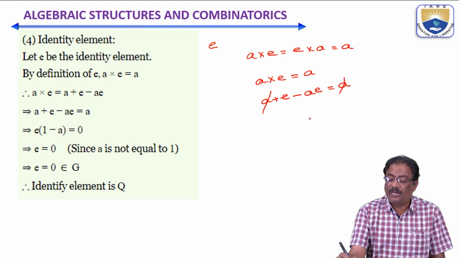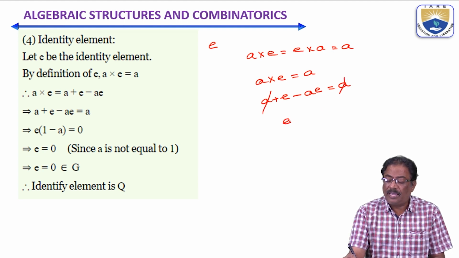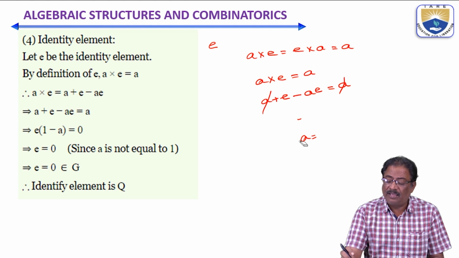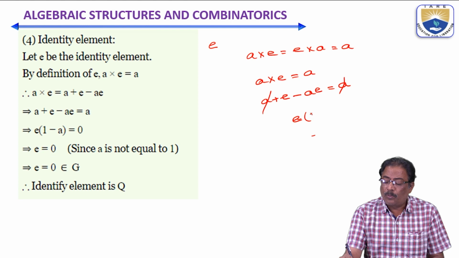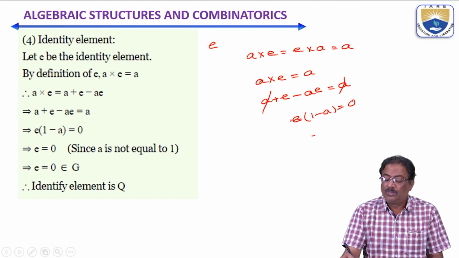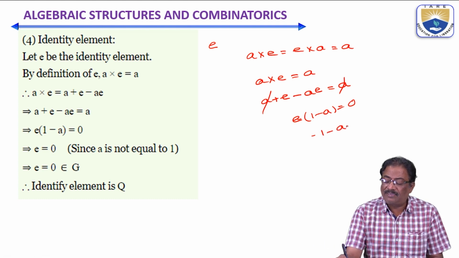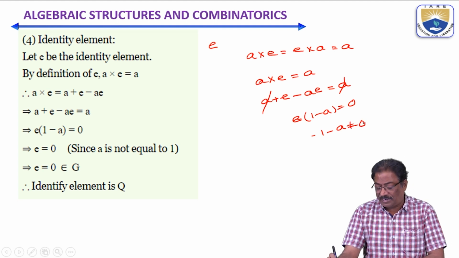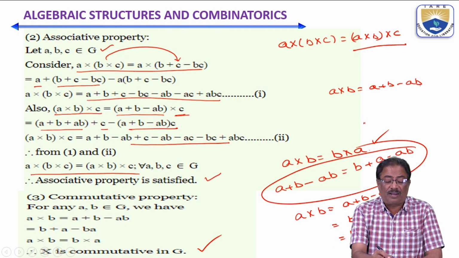So these two get cancelled. Now I take E equal to AE. Then these two get cancelled. Now this I take as E into 1 minus A equals 0. So now the question is whether 1 minus A is equal to 0 or E is equal to 0. Here 1 minus A is not equal to 0, because we are going to consider the elements which are not equal to